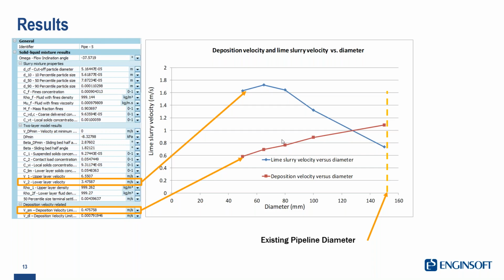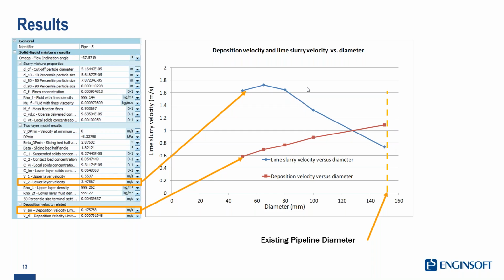So the idea is that if you select a specific pipe, you could have a higher deposition velocity, which means that you could have blocked your pipe. So if the deposition velocity is too high, your pipe could be blocked, and at the